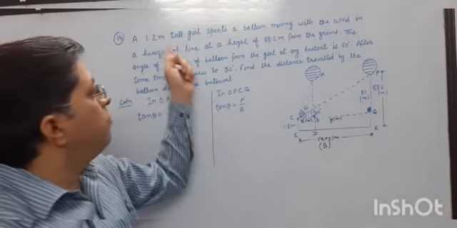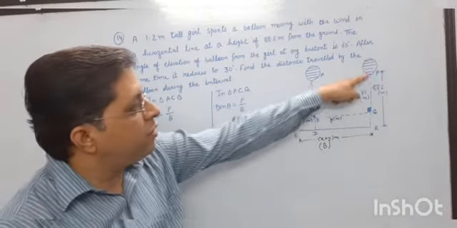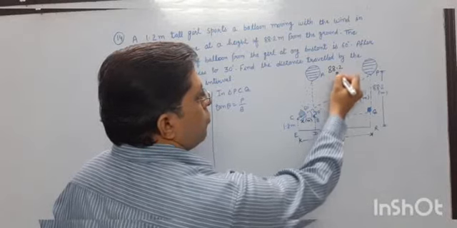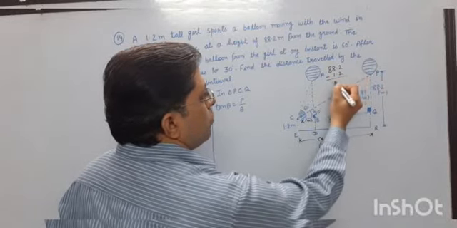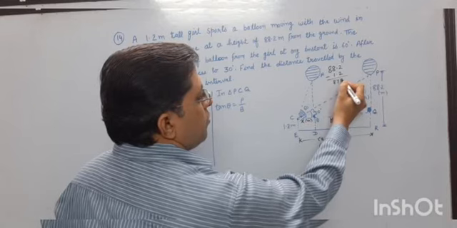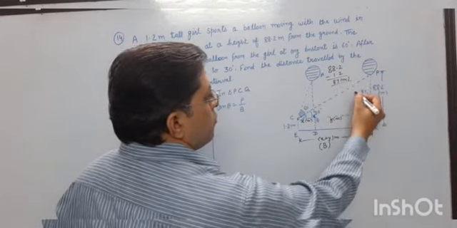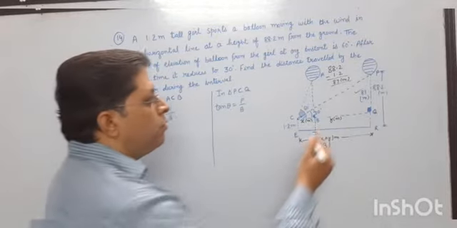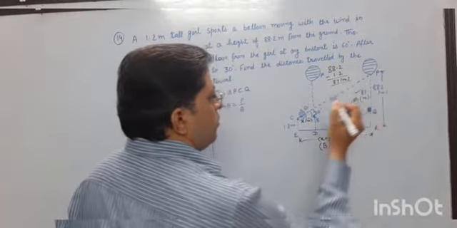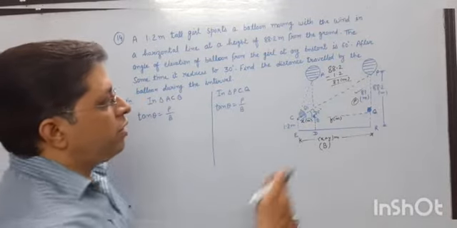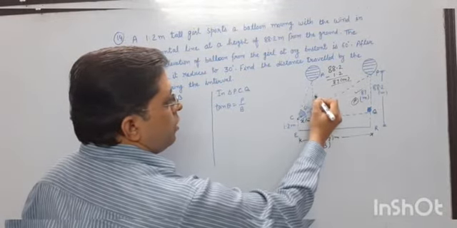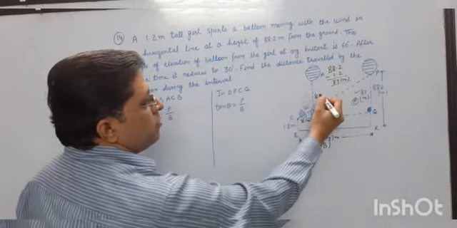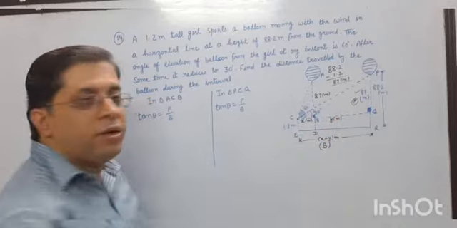And the height of that girl is 1.2 meters. The total height given to you is 88.2. 88.2 minus 1.2 will come to 87 meters. So this is the height. The perpendicular is 87. Now this is 87 and this should also be 87, since the horizontal line is given. That is why this is also 87 meters.